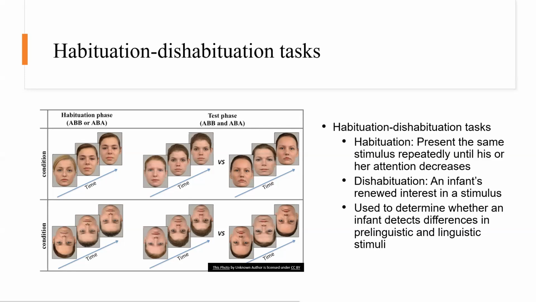And then for the dishabituation, they will introduce something new, and if the new stimulus recaptures the infant's attention, then they know that the infant has discriminated the difference between the new thing and the prior thing. So that's one of the ways that we know that infants can detect differences between sounds and